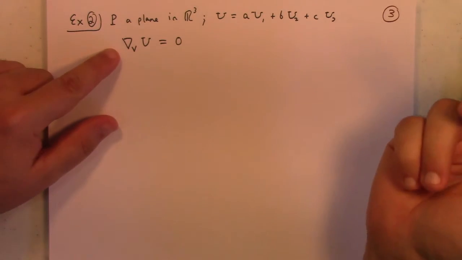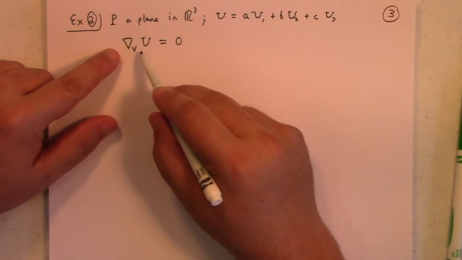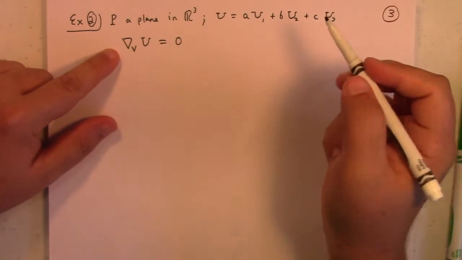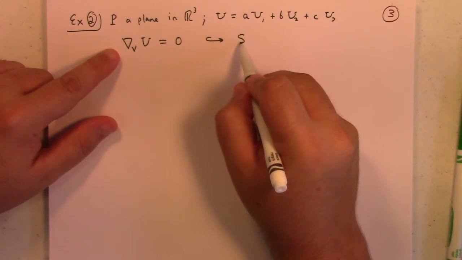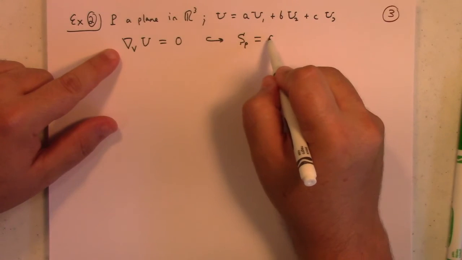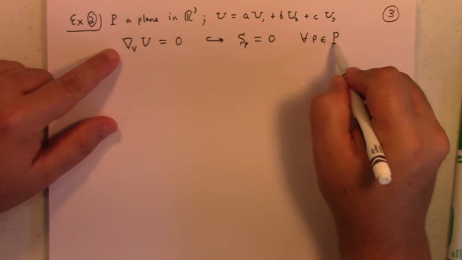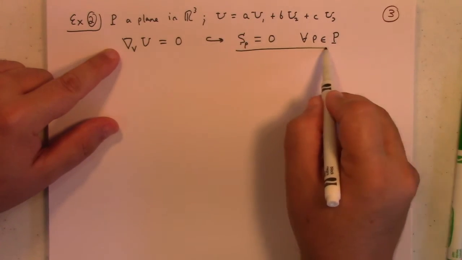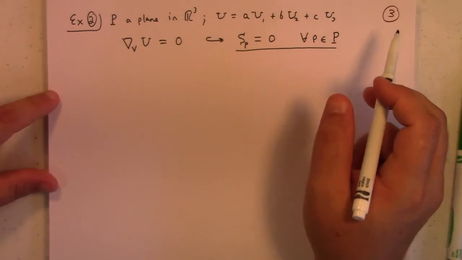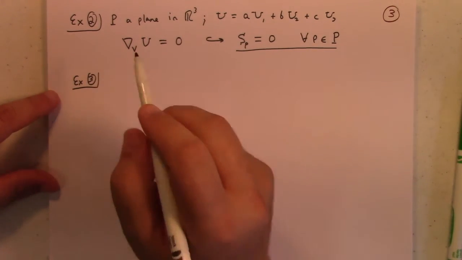Okay. Again, sorry. So the covariant derivative of u in the v direction is 0, right? So that tells you that the shape operator at any point P on the plane is equal to 0, all right? So a plane has a shape operator which is just trivial. Another example, example 3,